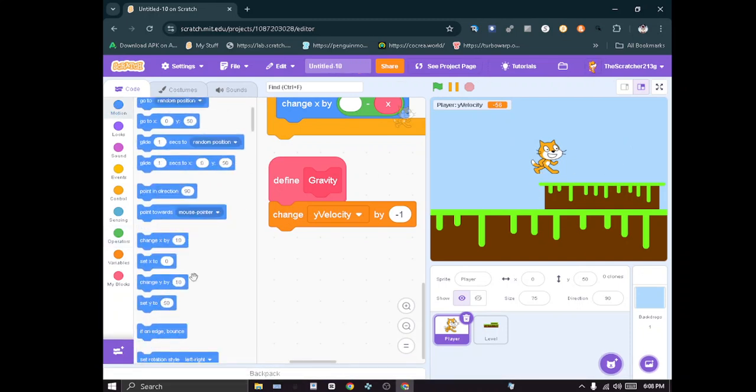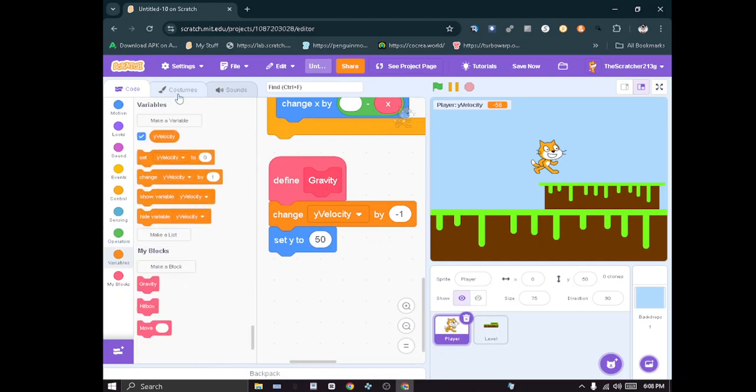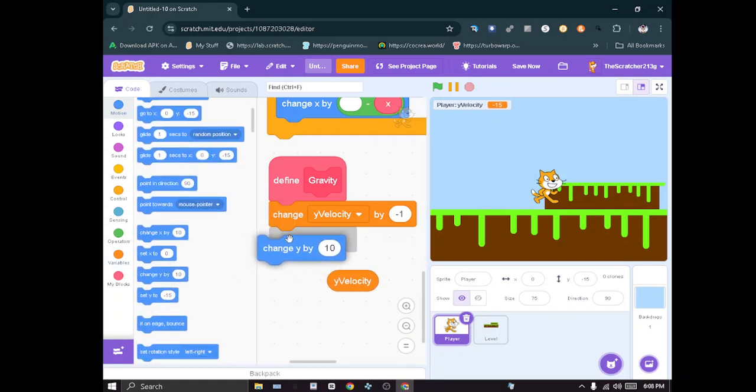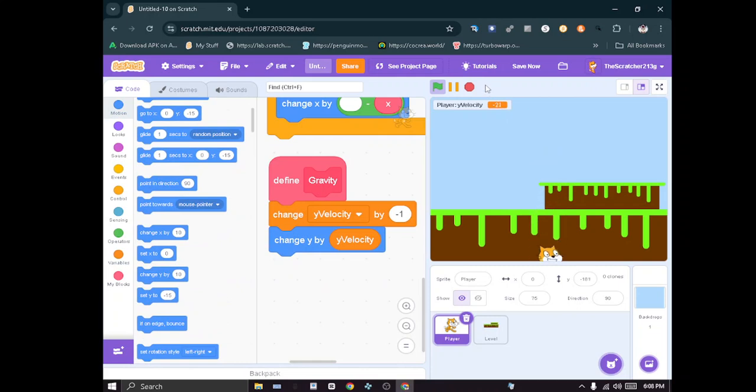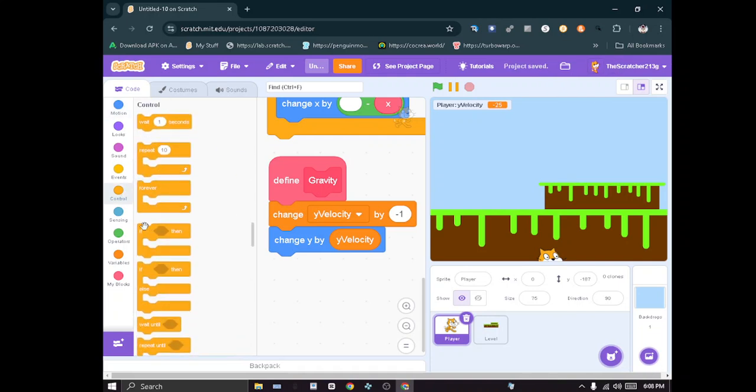Then you could add a set Y block, but that would be very slow. What if we set X and Y? So let's do change X and change Y by. See that it just goes right through the screen. We don't want that. So what we're gonna do is we're gonna do an if